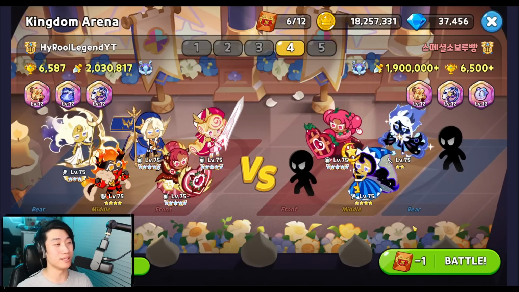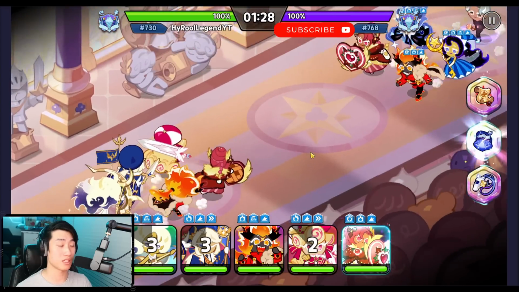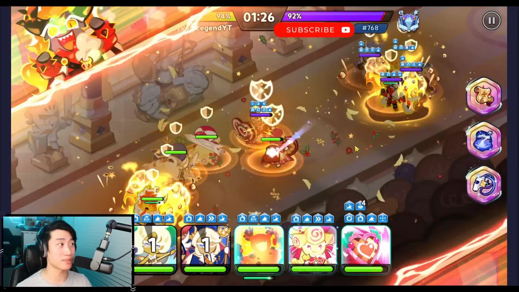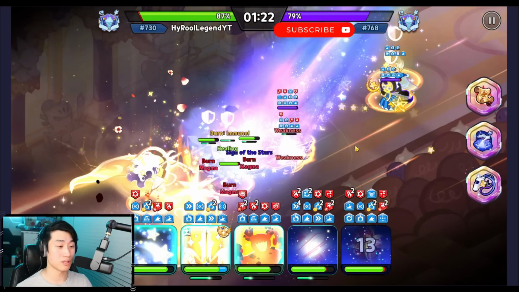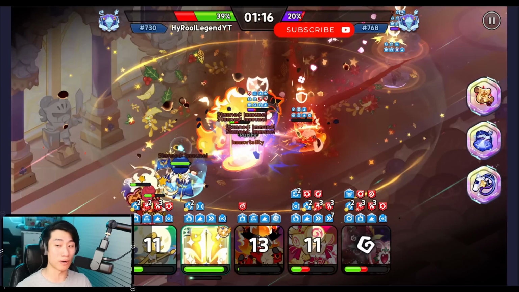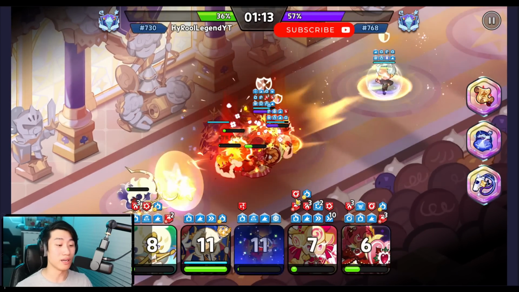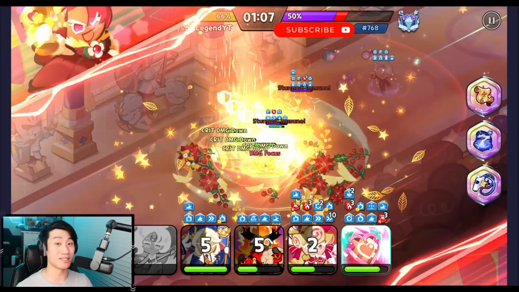But here we go, guys. Another standard team right here, which is going to be really, really good for us. Let's go. And here we go, guys. And it is going to be the Capsaicin one. All right, let's see how it turns out. And right there, you see that even though Moonlight does use her skill, Capsaicin is there. And even though Capsaicin does take a lot of damage, he has the immortality, which